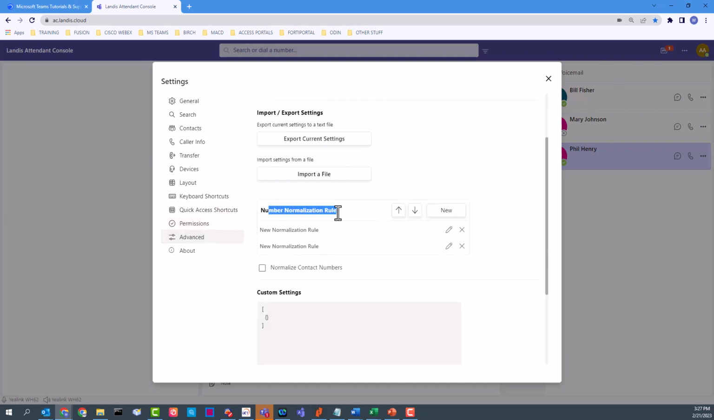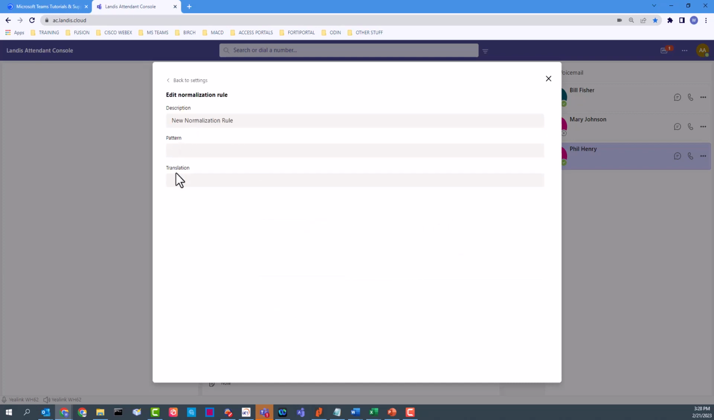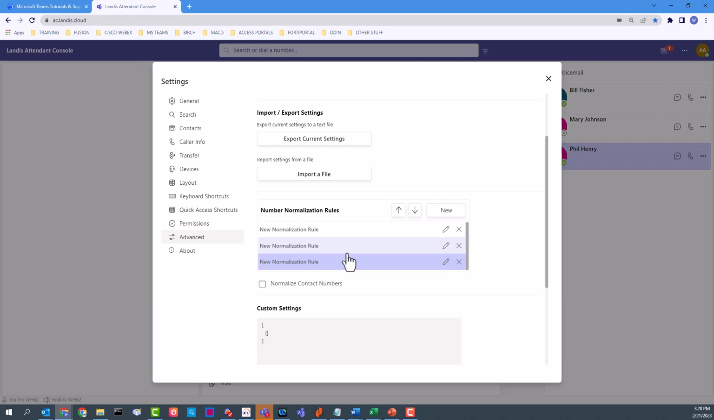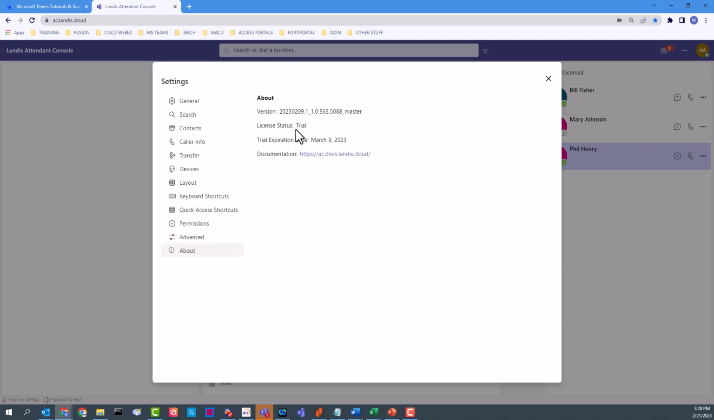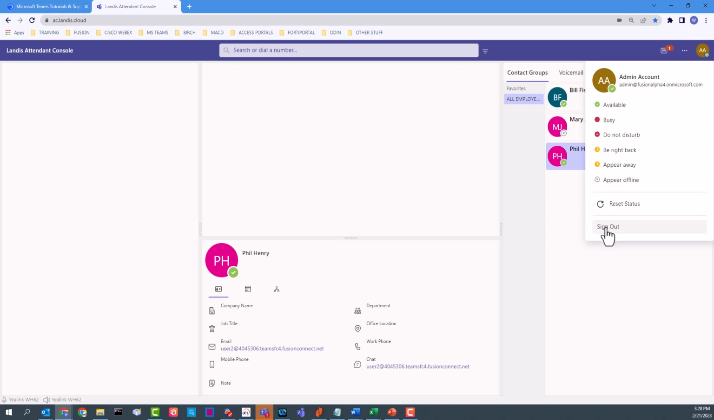Advanced number normalization rules. This is important if you're an international dialer. If you have an international number, in other words, outside of the US, you can create a new pattern of translation. This is like +1 for the United States, 1 being the long distance code. Well, for other countries, it's something else. So you can create those rules for international dialing. About is the software that you have for your actual console. If you choose to sign out, you can sign out of this console and stay logged into your Teams account if you want. You don't need to actually